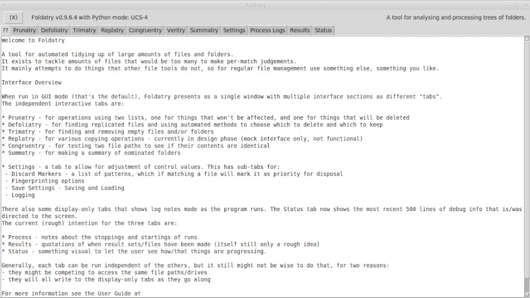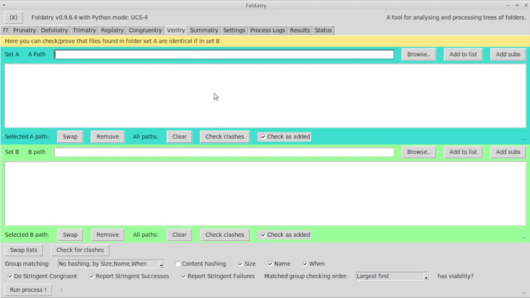Now we'll look at the interface for Veritry. Veritry is a new feature for letting you compare two sets of paths, and where there are files that appear to be the same in each of those sets of paths, it will let you test that those are in fact exactly the same. The interface therefore is made up of two parts: a set A set of paths,